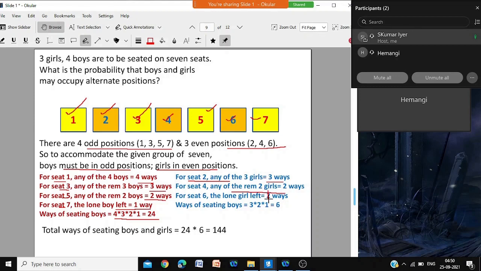By mistake we wrote 1. For the last one you have got only 1 way. Only 1 girl is left. No more option. So now you have to see the first girl and the second girl and the third girl, and means multiplication. So 3 into 2 into 1, 6 ways. So for boys you are getting 24 ways, girls you are getting 6 ways, boys and girls again, and means multiplication. So boys and girls 24 into 6, 144 ways. Okay, Betty? Yes, sir.